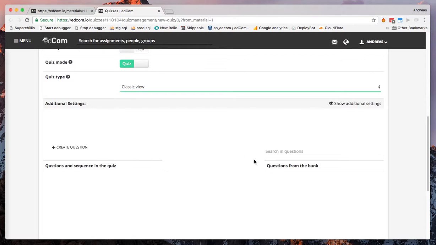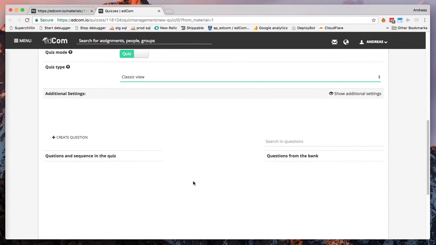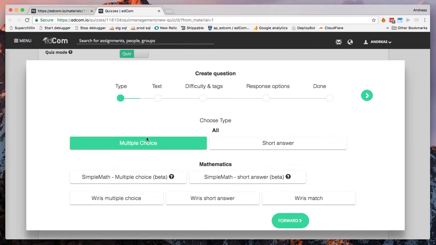So here at the bottom we have our questions, and since we don't have any questions yet because we just created the team, we'll simply create a new question by clicking this button. As you can see, we now have a new dialog and we have certain options for all types of questions